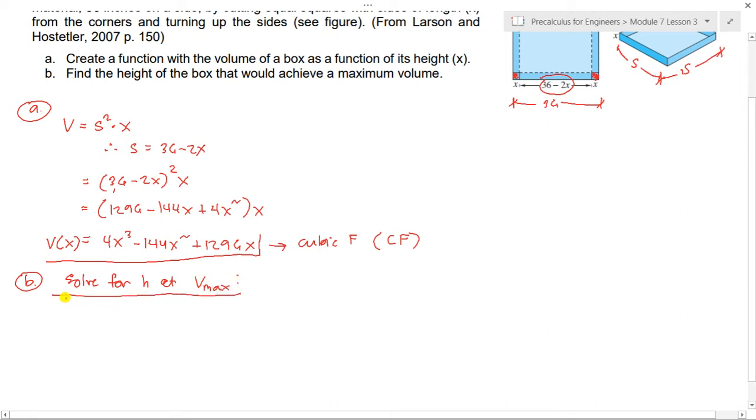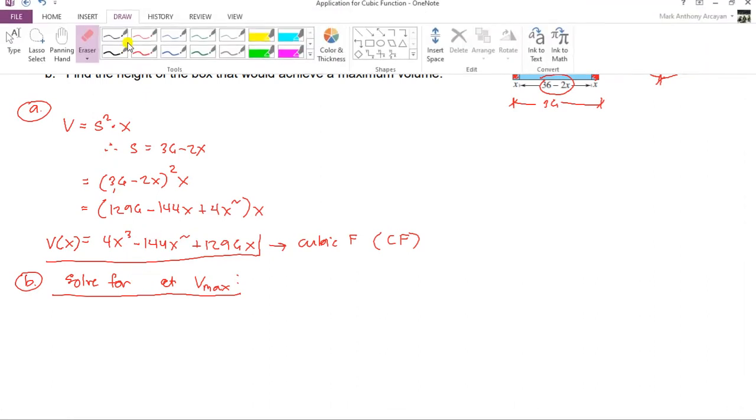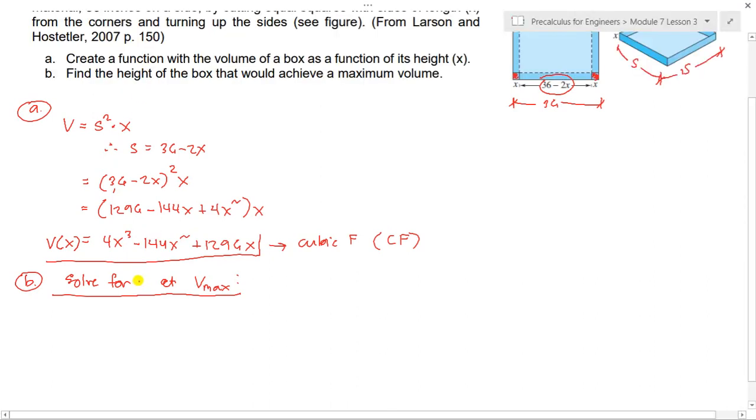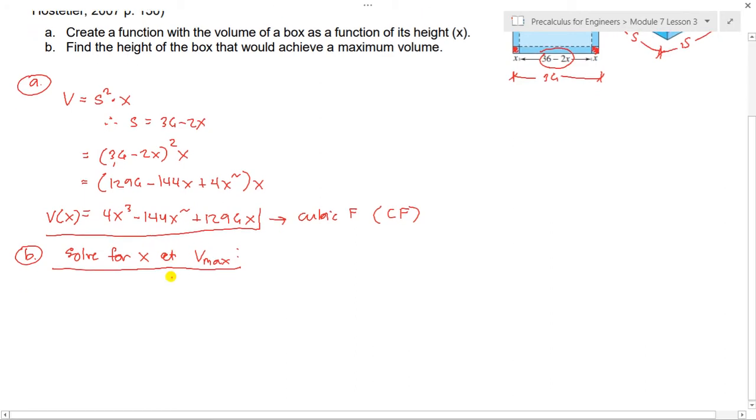Same with the quadratic function problems, the goal here is to have a maximum volume, and we find the corresponding height. So we won't use H here, since we already denoted the height as x. So solve for x at V max. So how are we going to do that? First, of course, since